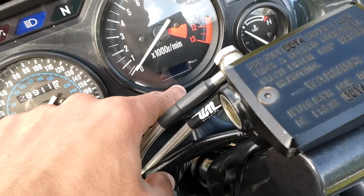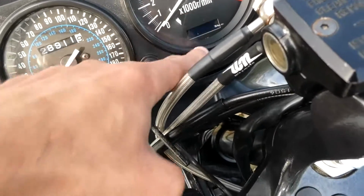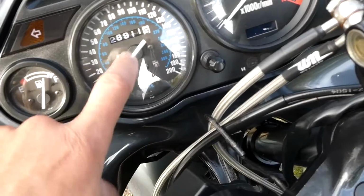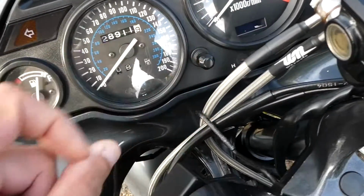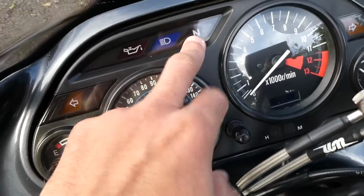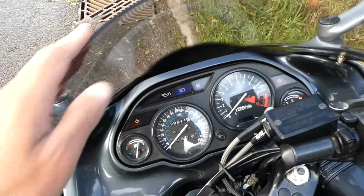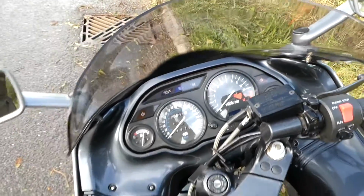And the clock itself at the bottom there, the LCD's gone on it, but I'm not too bothered about that because I'd spend most of my time looking at this, which is the most important thing, and not the time. And then we've got oil, full beam, and neutral up here. And again, there's that big windscreen, which does an amazing job of keeping the wind off. Down here,